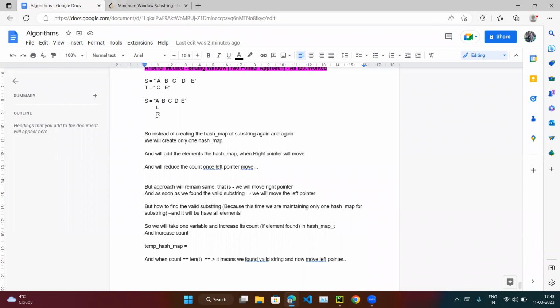And we will keep moving our right pointer until a valid string is found. As soon as the valid string is found, we will move the left pointer, right? Then we will only move the left pointer. But how are we checking? Let's suppose